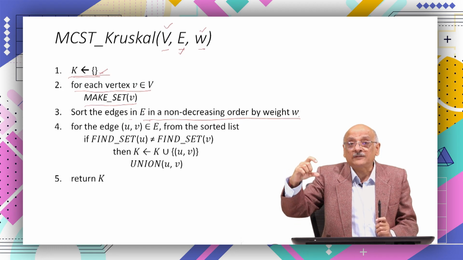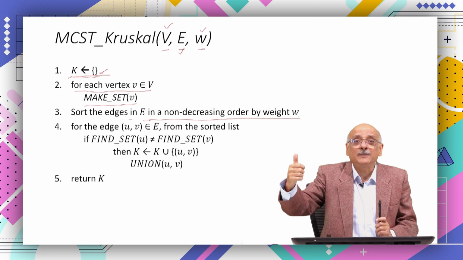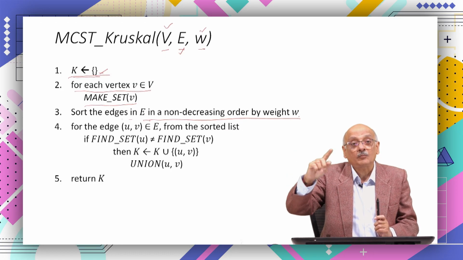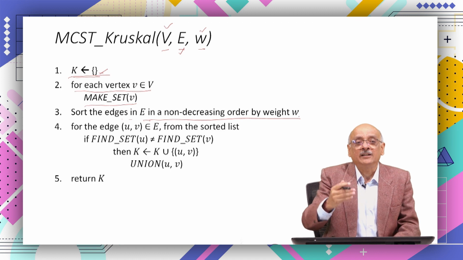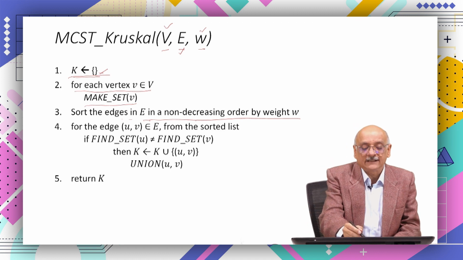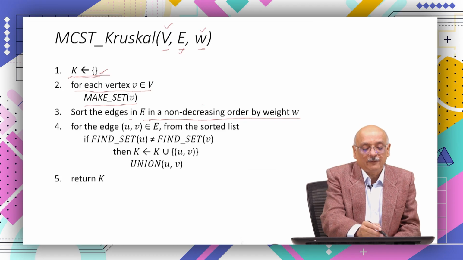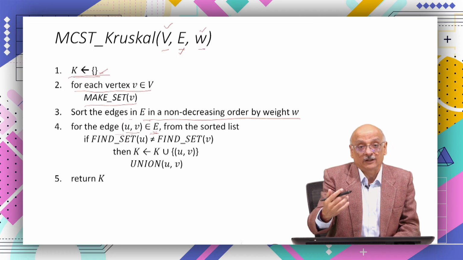And how many sets have we created? As many as there are vertices. And in addition, we have sorted the edges in non-decreasing order. Now, next step: for edge U to V, which is a member of the set of edges, in this sorted non-decreasing list,